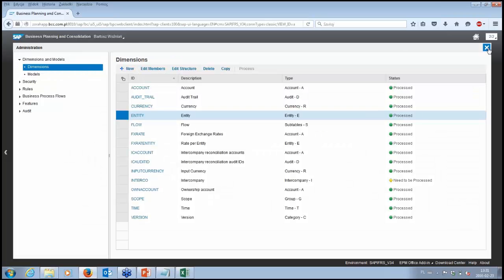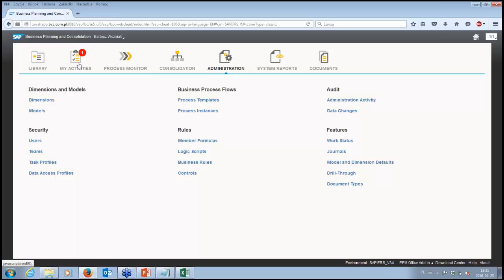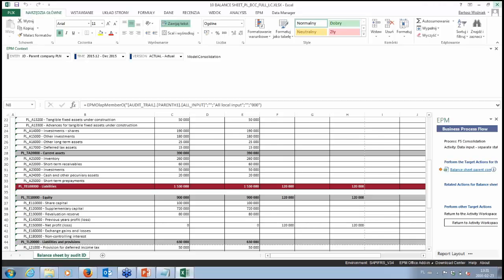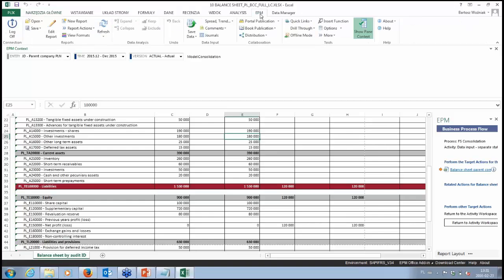Okay, going back to our activities, our consolidation flow. I will also close this spreadsheet. One difference between an Excel spreadsheet and saving data in BPC is that we do not use the original save button from Excel, but we have a separate button which will save this report on the BPC platform.